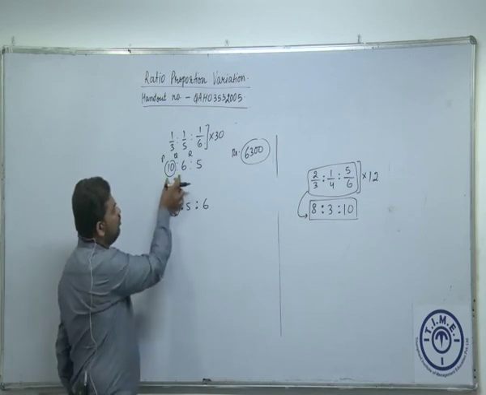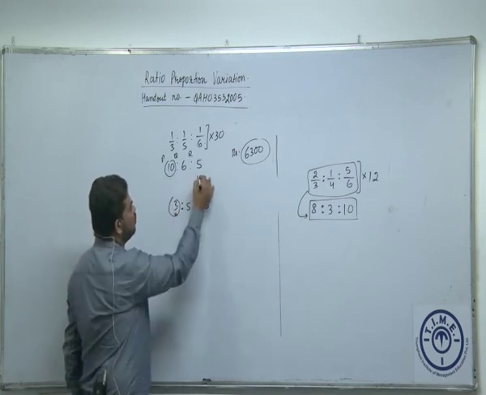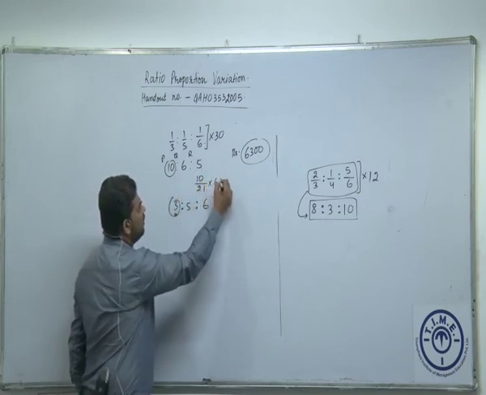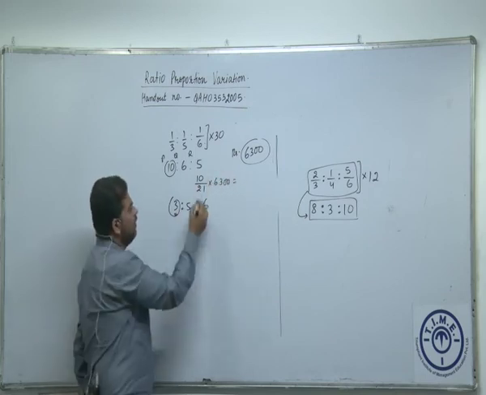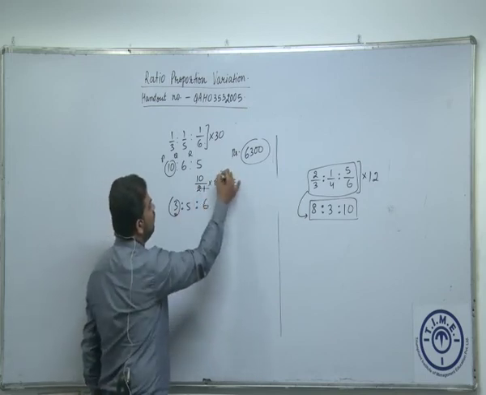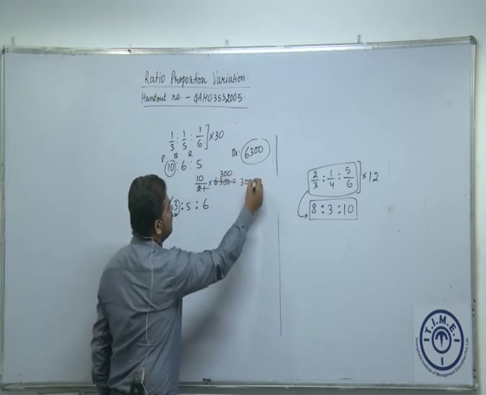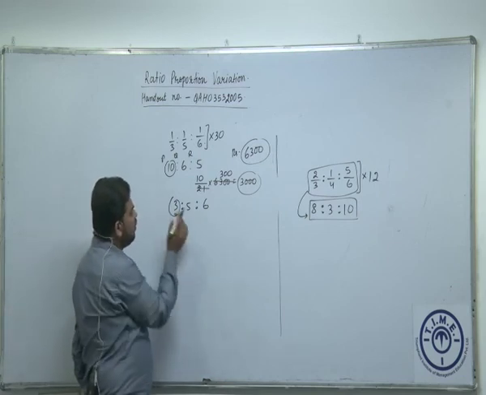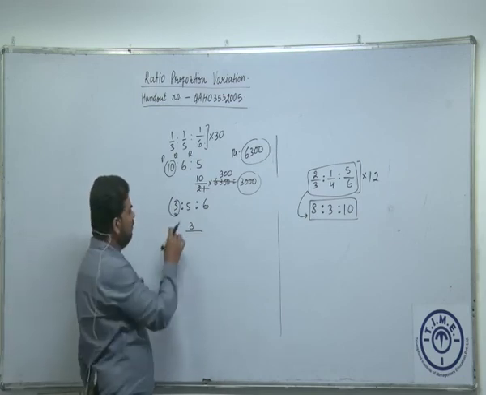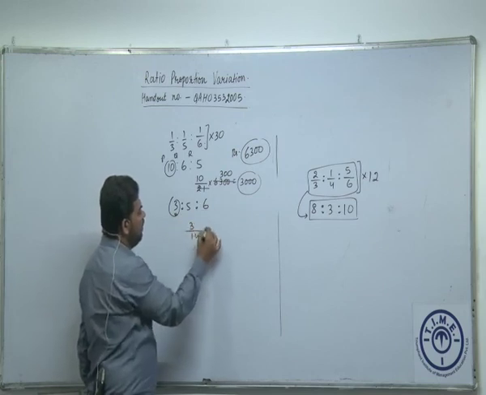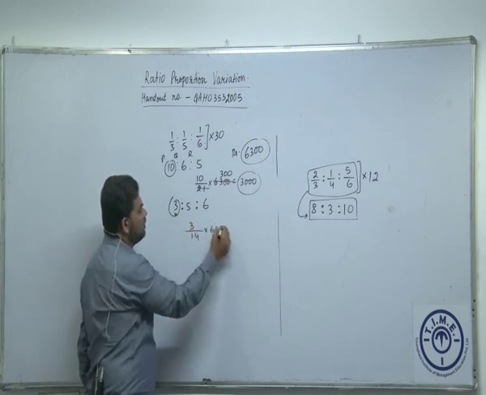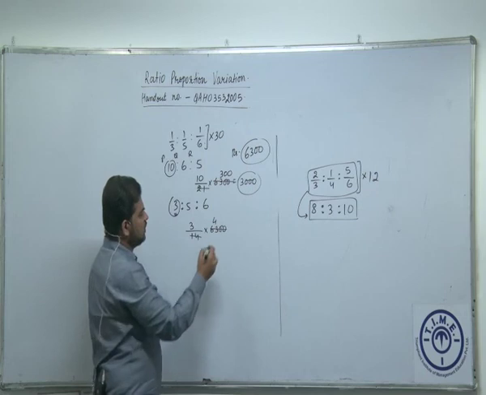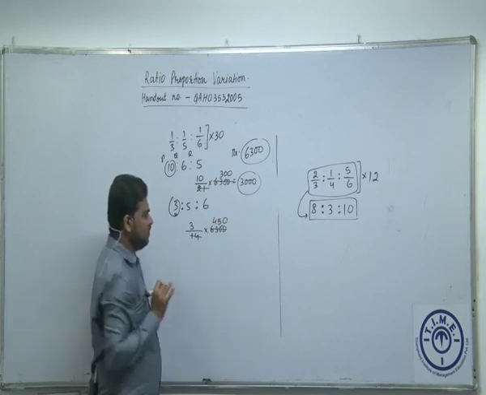So what was intended to be given to P? It was 10 ratio points out of 10 plus 6 plus 5, which is 21, multiplied by the total 6300. Can we say it is equal to 3000? This is what P was intended to get. And in this case, P would have got 3 ratio points out of 3 plus 5 plus 6, that is 14, multiplied by again the total amount, which is 6300. Let's cancel this out. 14 times 4 is 56. Here you get 14 times 5 is 70 and 0.